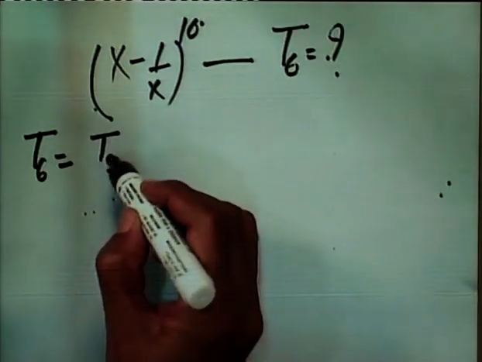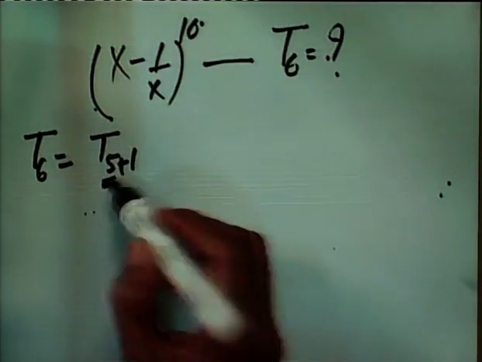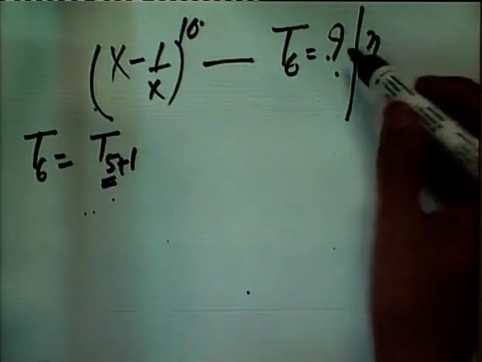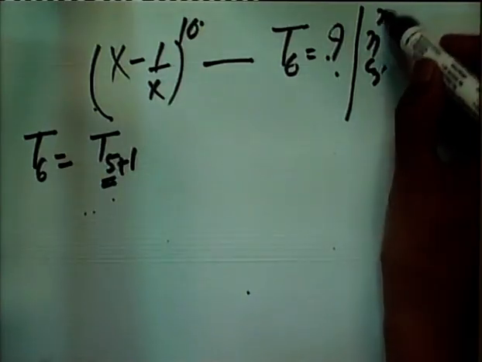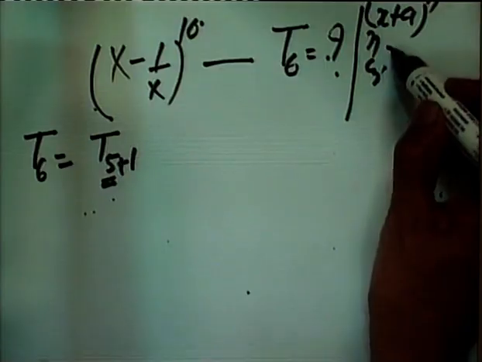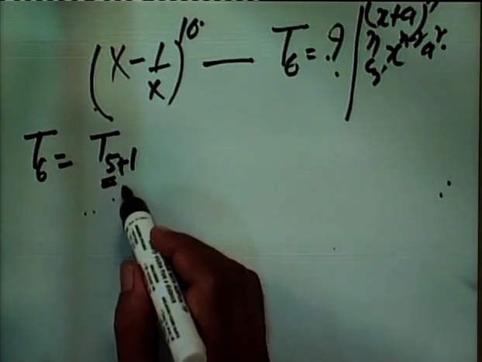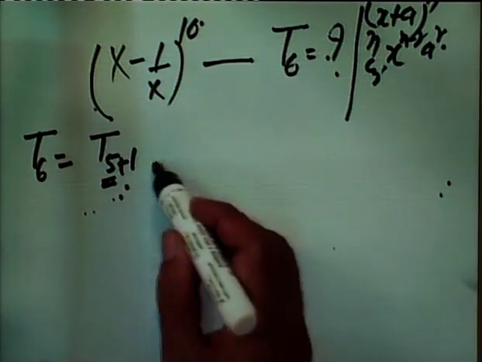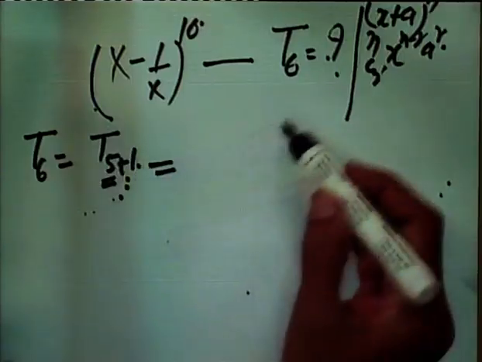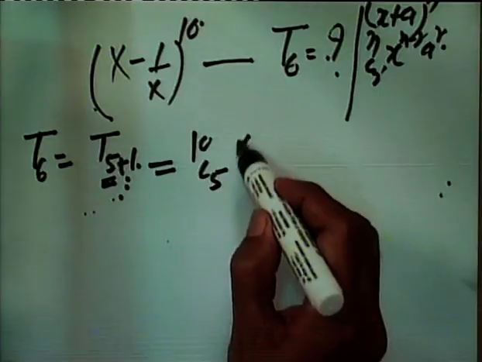I am writing it in this way because this is my r. So, the formula was nCr in the expression of x plus a raised to power n. So, nCr x raised to power n minus r a raised to power r. If I choose r is equal to 5, so T6 is Tr plus 1, that is 10C5 x